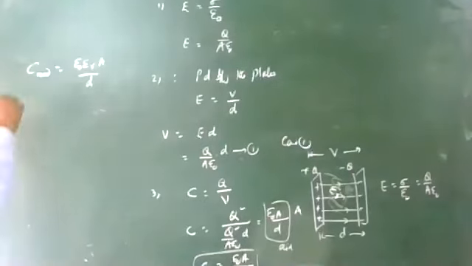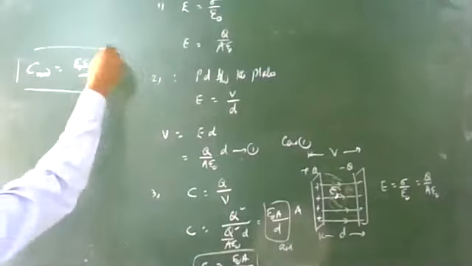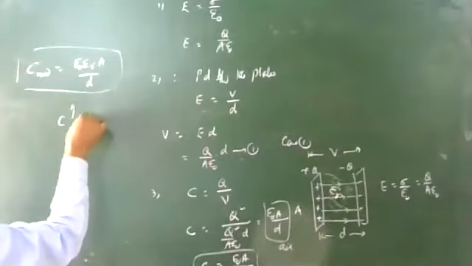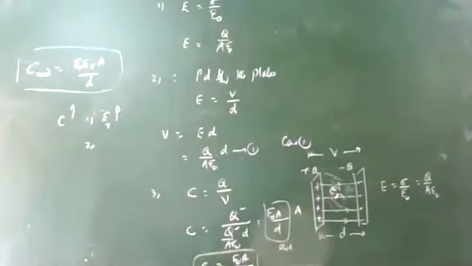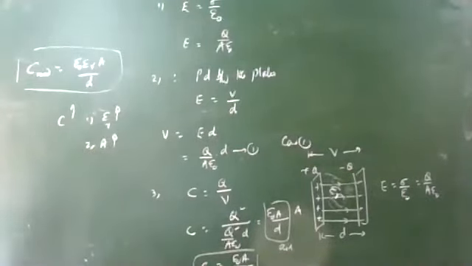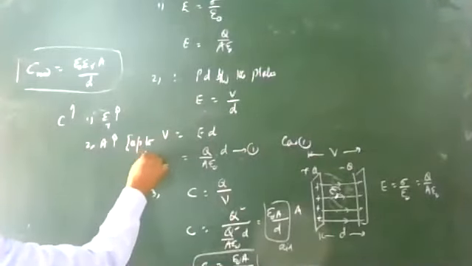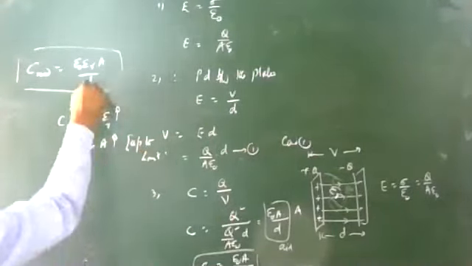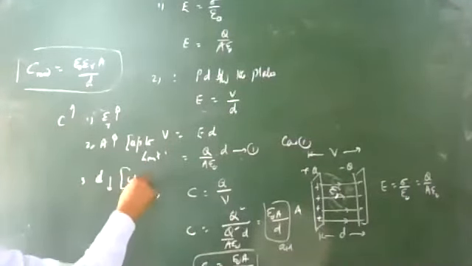So this was a good question: how can you increase the capacitance of a parallel capacitor? From the equation, C can be increased by increasing the value of epsilon r, so use a medium with a high dielectric constant. By increasing the area, which can be done up to some extent, otherwise the device becomes bulky. And third, by decreasing the value of d, which is also up to limits.